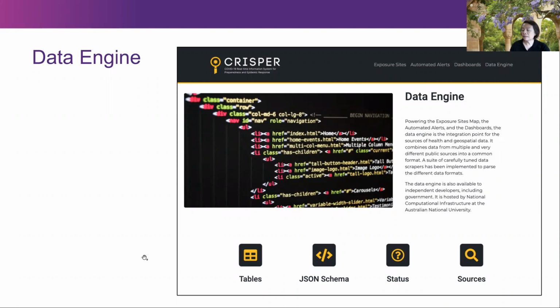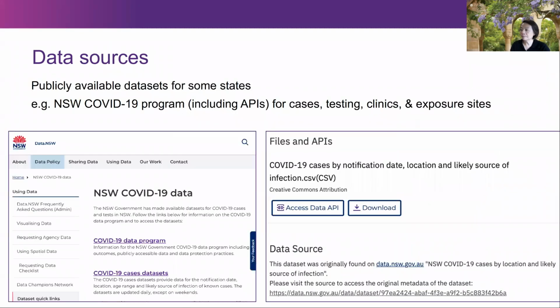So like I said, I'm not an IT person, but you can go into any of these tiles here and get access to data in different formats, or if it's not in the format that you require, we can potentially provide it to you in, say, CSV format, for example. So there's a link to that on the CRISPR website as well.